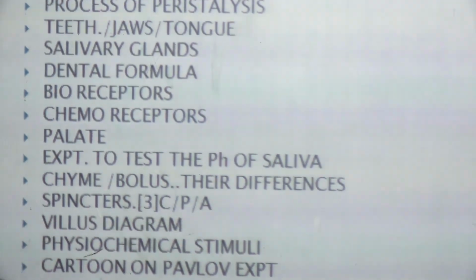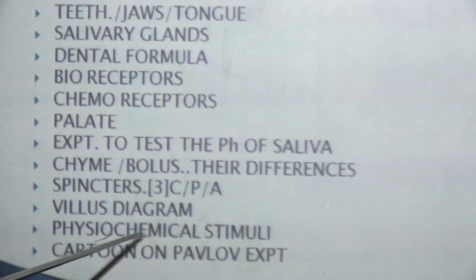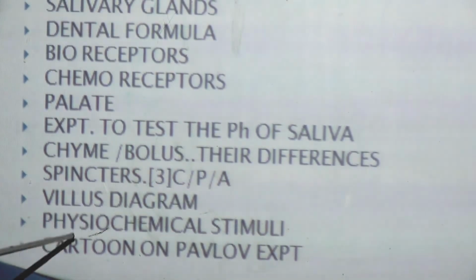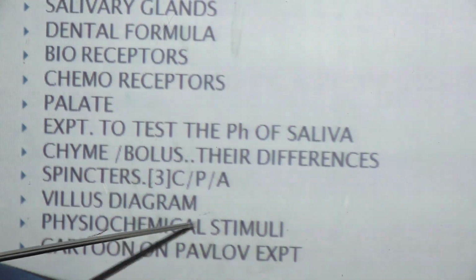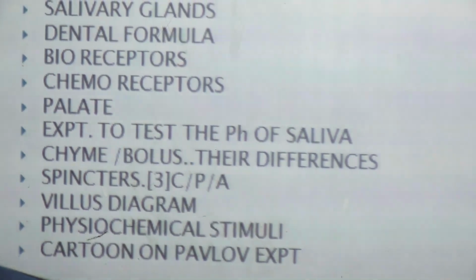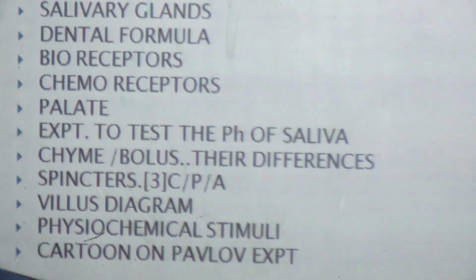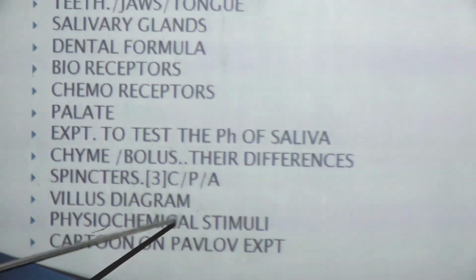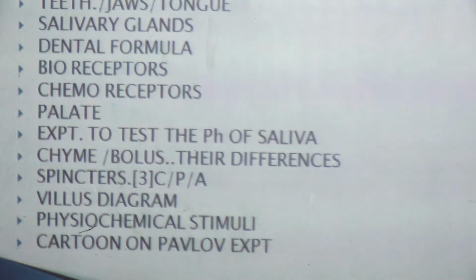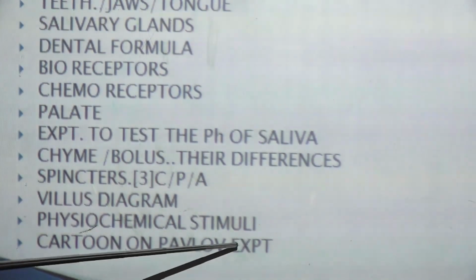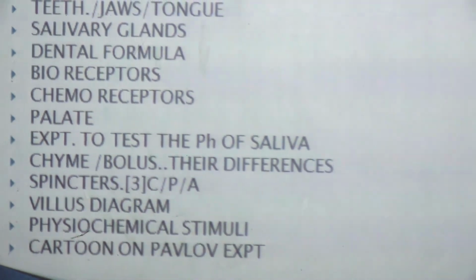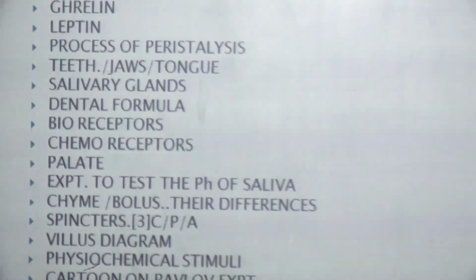Then the villi diagram, obviously important. Physiochemical stimuli. Physio means physiological, and chemical stimuli. That means these stimuli are what? It is a kind of sensation. So sensation created by physical and chemical aspects that are there in one particular organ. Right? And the Pavlov experiment is there, the dog experiment. On that Pavlov experiment, you have to draw one simple cartoon. Let me move to the